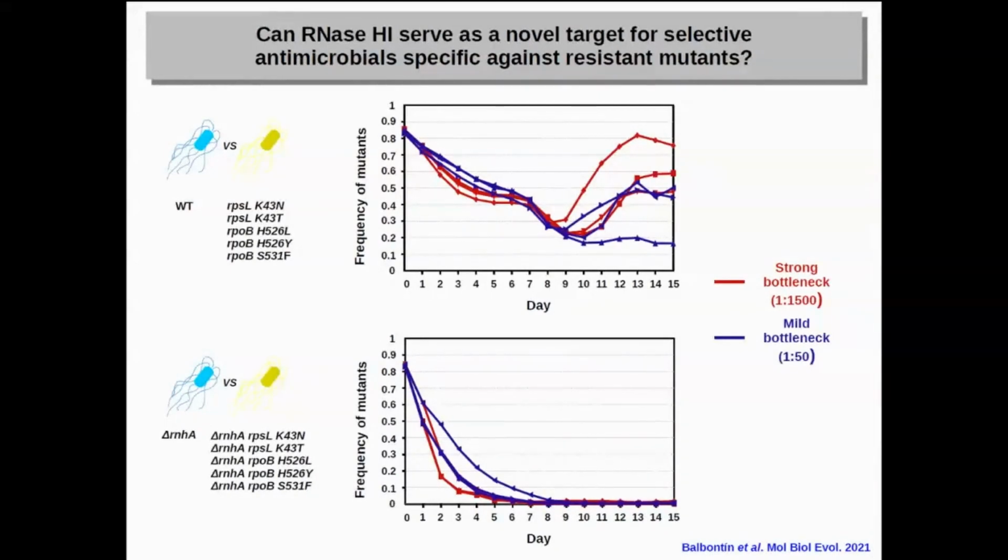So we wanted to know if this had any use. The first thing that you have to do is to see, will bacteria that are lacking the RNase H really be outcompeted by sensitive bacteria? So we did a very simple experiment. We competed a wild-type bacteria with 5 different resistant mutants, in this case single resistant mutants, because if we use double resistant mutants, they go down in the population too fast because their fitness cost is too large. So we use single mutants, and it's a mixture of 9:1, so there's only one wild type per 9 mutants.